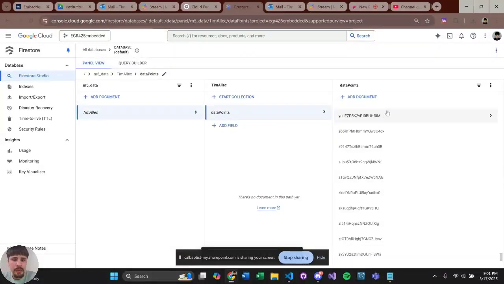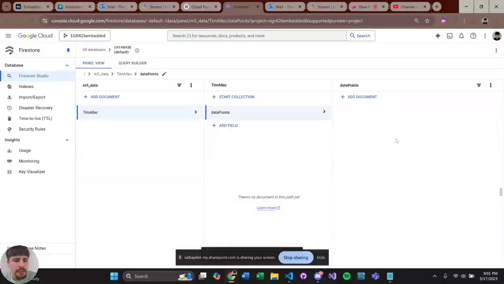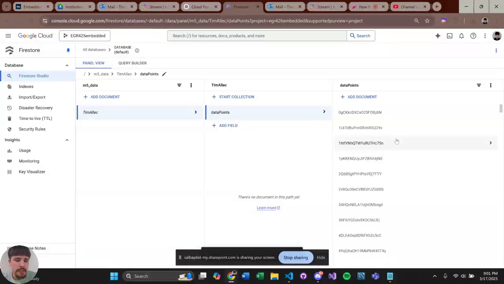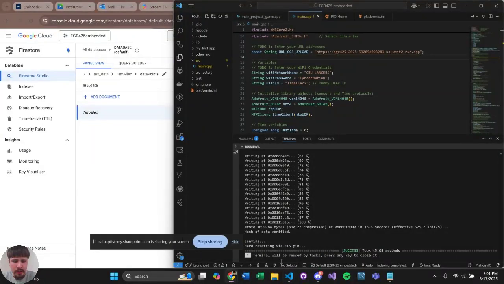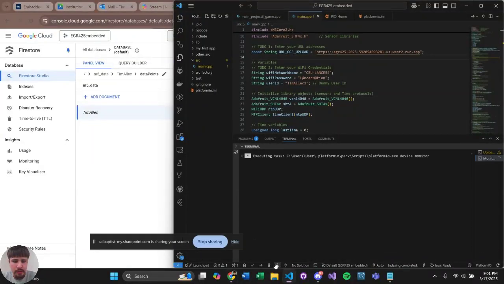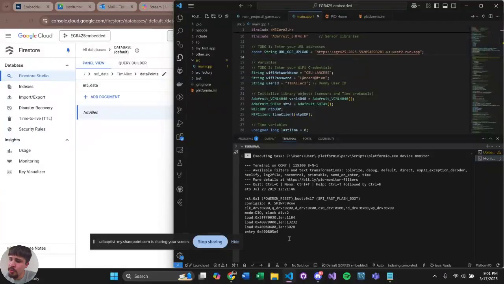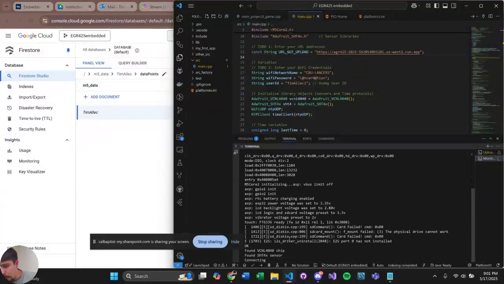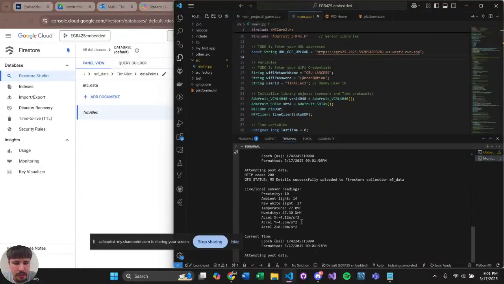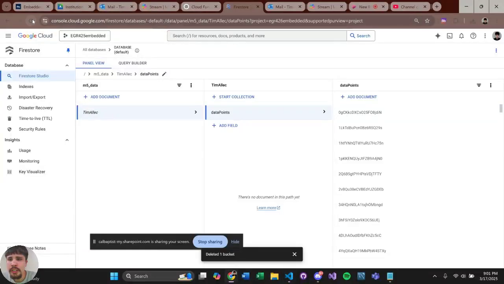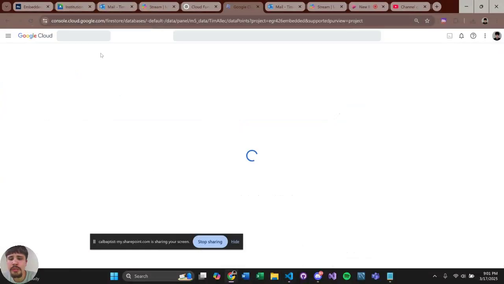For Tim Allec, this has been populated correctly using the main.cpp, and in the monitor, sometimes you have to restart the M5 in order to get it to connect to the Wi-Fi. But let's see. Oh no, it's successfully adding it. So if I just refresh this,